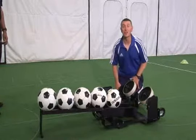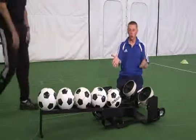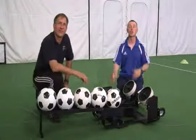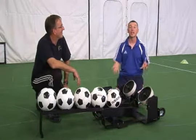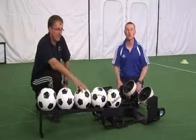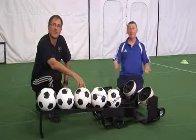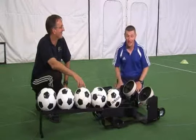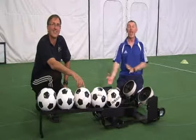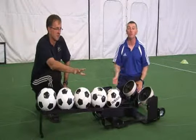So the focus of today's show was ball machines in soccer. What are the benefits? The huge benefits of the Pro Trainer is it's totally portable, battery operated, it goes where you go. Lots and lots of repetition. Think how good your soccer players will become with thousands and thousands of touches of the ball. The machine will not get tired. I'm certain you'll get tired before the machine gets tired. Every sort of delivery that you'll get in the game, from small ground balls to crosses to